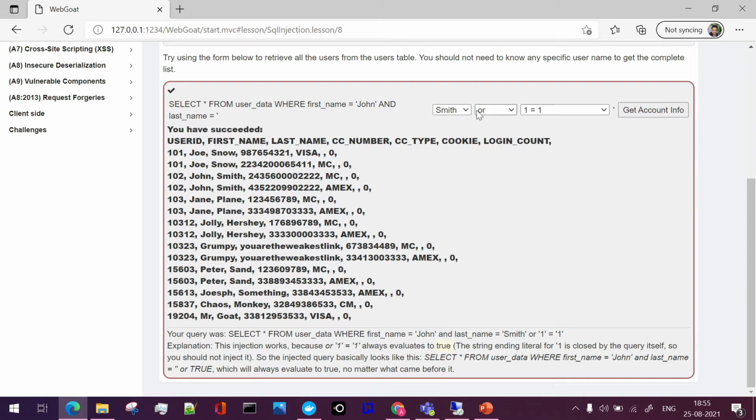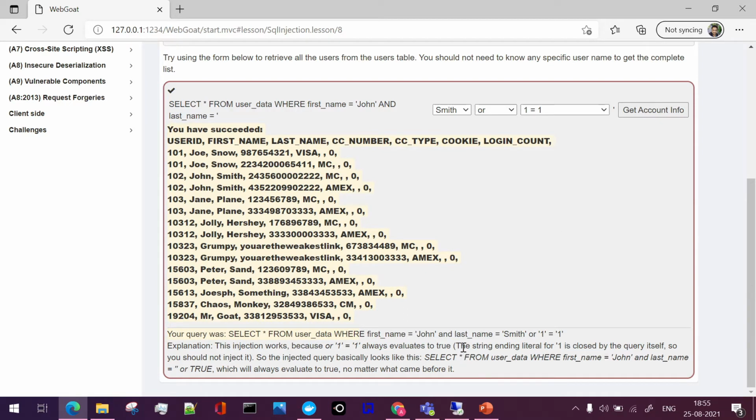So what we are saying in the query is that if I pass ABC here, the remaining part should still be 1 is equal to 1. So it is going to ignore the Smith, and the query will understand that we need all the data present in the table. That is the way the whole data is fetched.